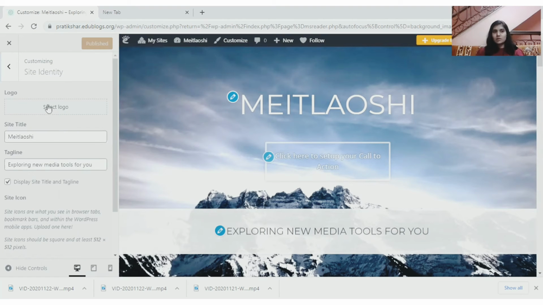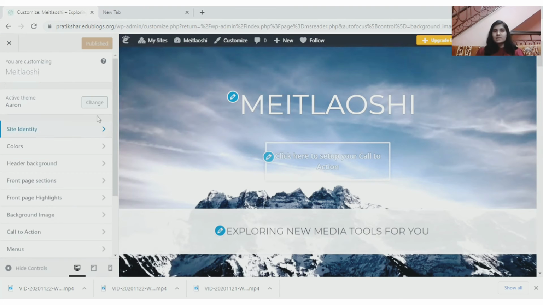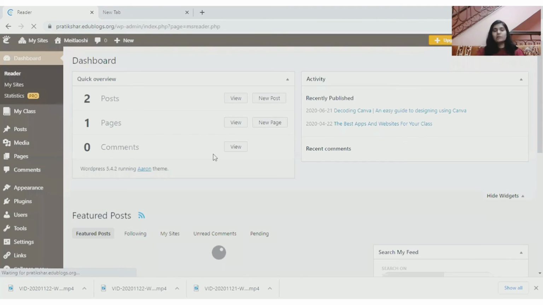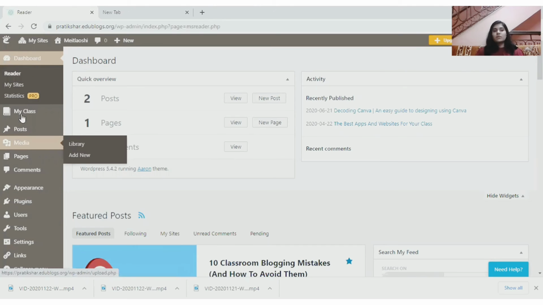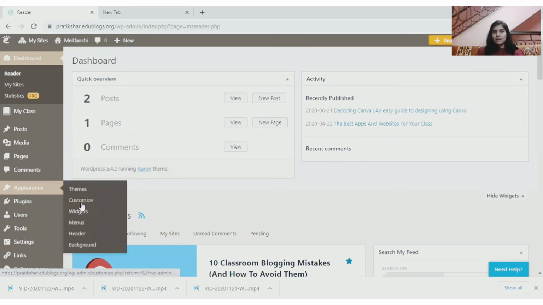Select a logo. You can always keep a logo over here. Okay, but I don't think you will need these kind of things at a very starting part of it. So I think themes would serve the purpose for us. Go back to appearance, customize.